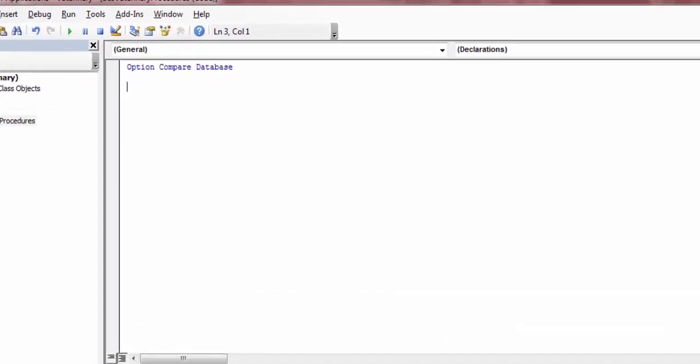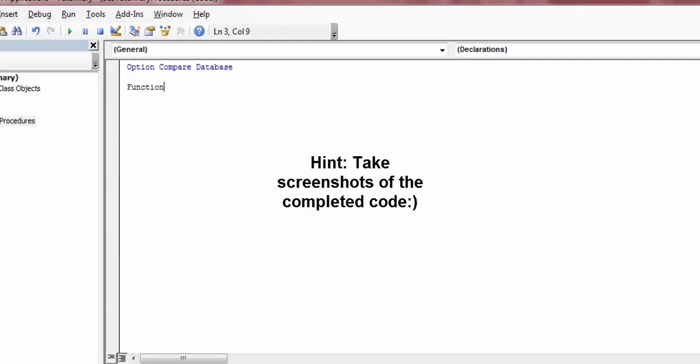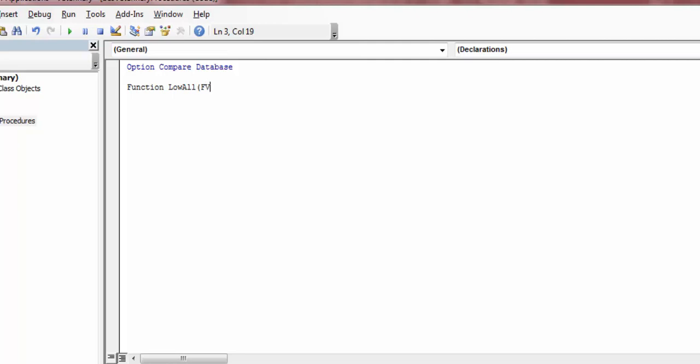So for our lowercase function, we'll create that. And again, it's a function, so we're going to start out by typing Function. And this one will be called LowAll. And in parentheses, we're going to type in fValue. Once you hit enter, our function is created. It's empty right now. There's nothing going on within it. However, it is set up and ready to start coding. The name of the procedure is LowAll, and fValue is a placeholder for any value that's sent into